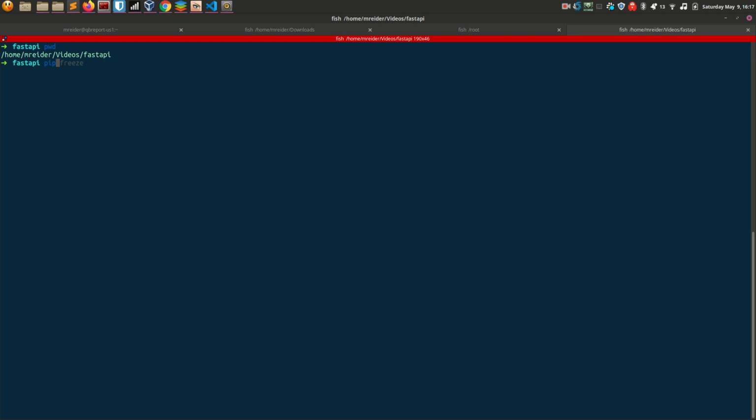You can install it on your machine if you do pip install pipenv, and that will go ahead and install that package on your machine. What I'm going to do here, I'm going to install a bunch of packages that I need for my FastAPI project, and I will go ahead and I will install